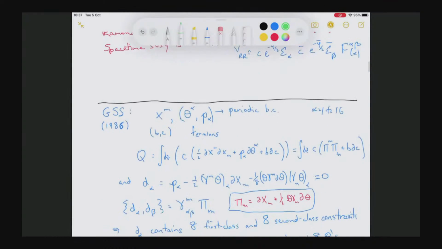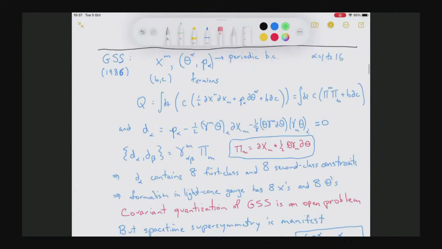Okay, in the 80s, the Green-Schwarz formalism was developed, which I'll call Green-Schwarz-Siegel, because he played an important role in describing this kappa symmetry. And the way I'm going to describe it, I'm going to use a first-order form for the theta. So we have the conjugate momentum to theta, which I'll call P alpha. Theta and P are space-time spinors, but theta is going to be a worldsheet scalar, and P alpha is going to be a worldsheet vector, if you like. The x's, of course, are worldsheet scalars.